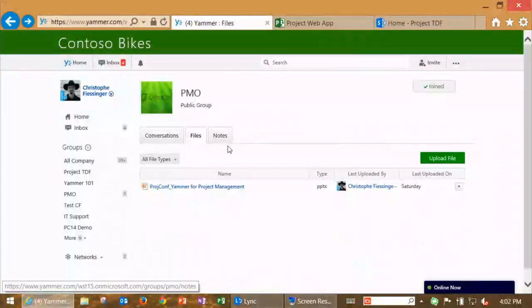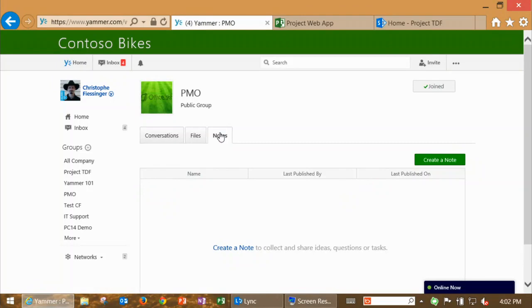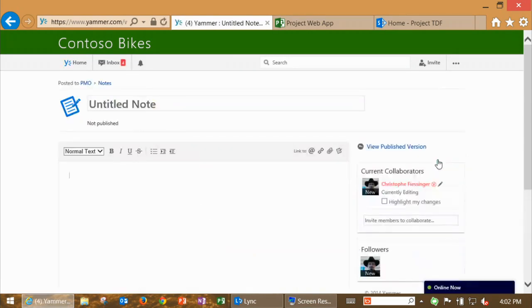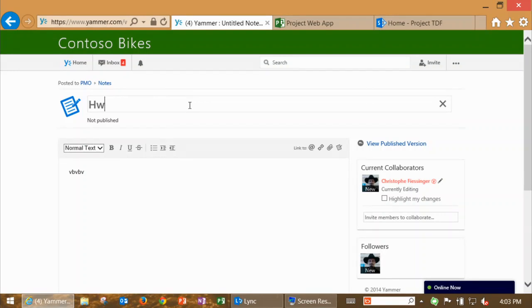And then the last piece is what we call notes. You'll see later on I've created a couple of notes in the project that we're going to be collaborating on. Think of notes as something very similar to the OneNote we have today in Team Sites. And you might say, Christoph, you showed us OneNote this morning, and you have a note-taking app in Yammer. What's the convergence? We're definitely looking at converging and picking the best experience. But at least today, it's very easy to start. Independent of SharePoint, I can easily start typing a note and saving that. I really can't type today.